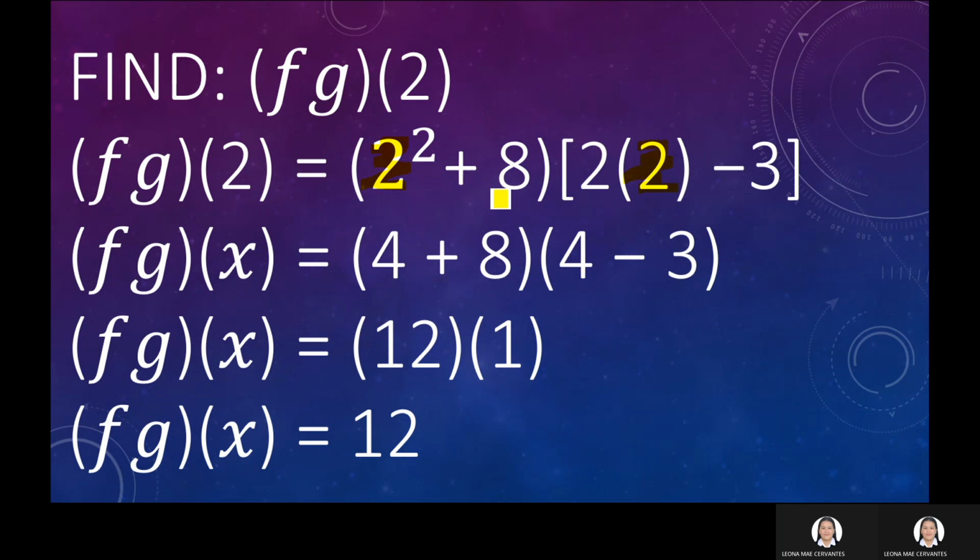2 squared plus 8. So 2 squared is equal to 4 plus 8. 2 times 2 is equal to 4 minus 3. 4 plus 8 is equal to 12. 4 minus 3 is equal to 1. So 12 times 1 is equal to 12. If x is equal to 2, f times g of x is equal to 12. Next,